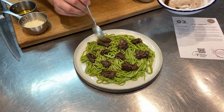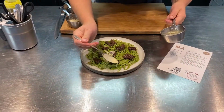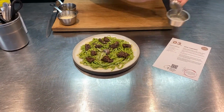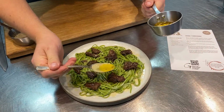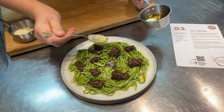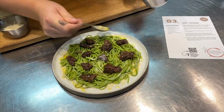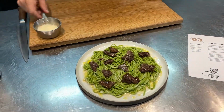Serious flavour here. There we go. Then what I'm going to do, get the rest of my garlic cream on. Then we'll go with our bacon butter, smoked bacon butter, more thyme flavour in here. And this just adds that richness, like so. And then just to finish,